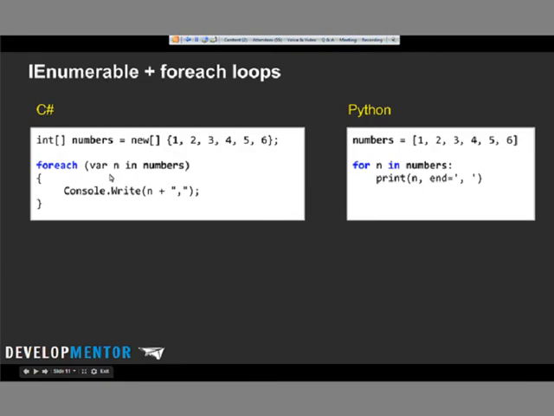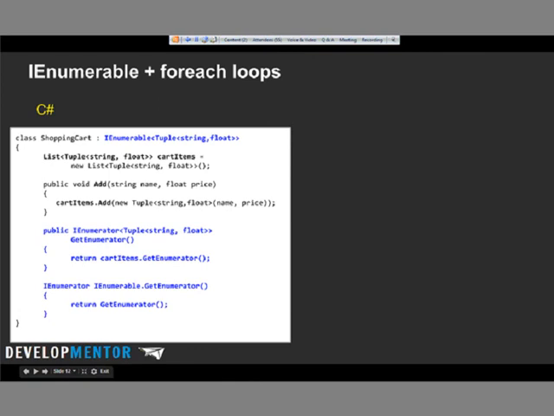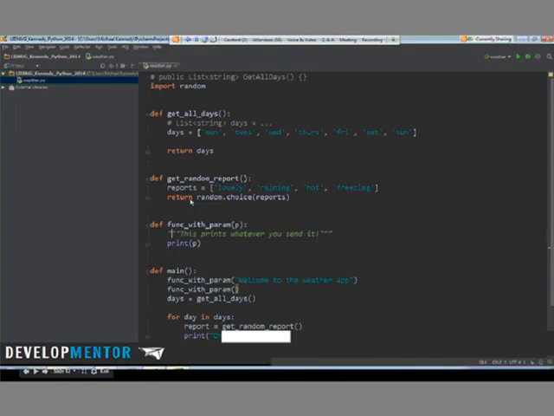So that's all interesting, that given a collection, I can loop over it. But what's really neat about .NET is I can add this ability for my object to be used inside of loops. So here's a shopping cart, and I've got to write a bunch of code, like I've doubled the size of this class just so I can loop over it, but whatever, it's worth it. So I've got this private list. I want to loop over this shopping cart. Okay, so can you do something like this in Python? Well, yes. Let's go write a little bit of code.